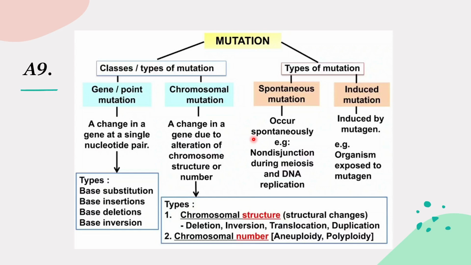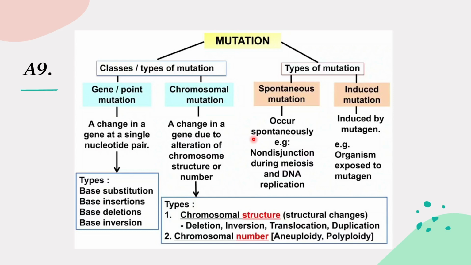Chromosomal structure can change as deletion, meaning some part of the chromosome is deleted. All of you know that there are 2 copies of each gene present inside the human. If some part of a chromosome is deleted, then that particular protein will not get formed, so that function will not happen, and that's why it leads to mutation or abnormal processes. Inversion or translocation: during crossing over,